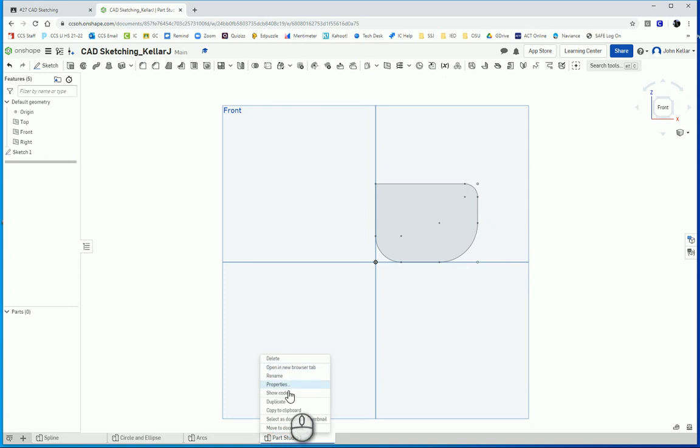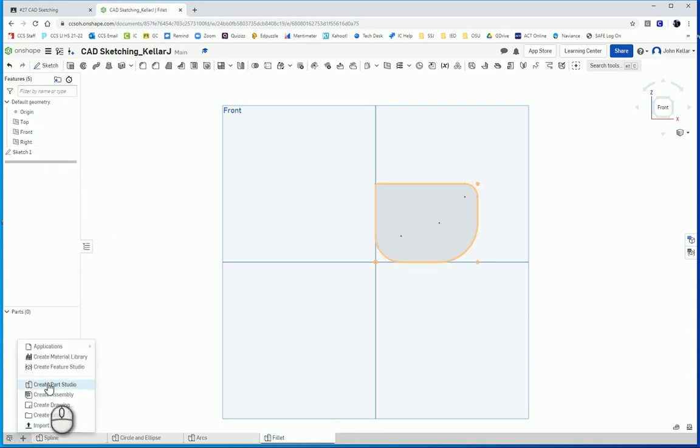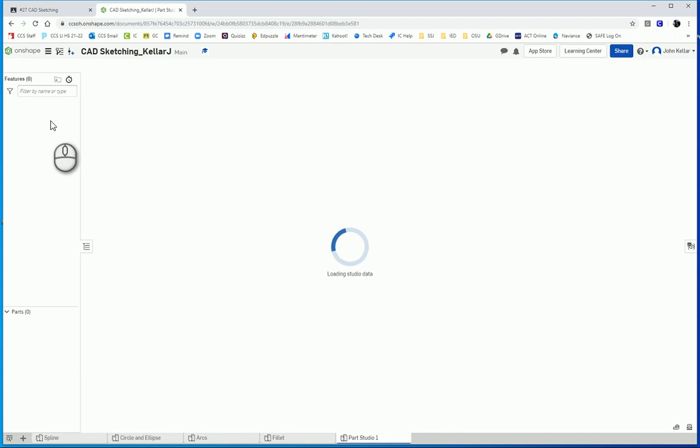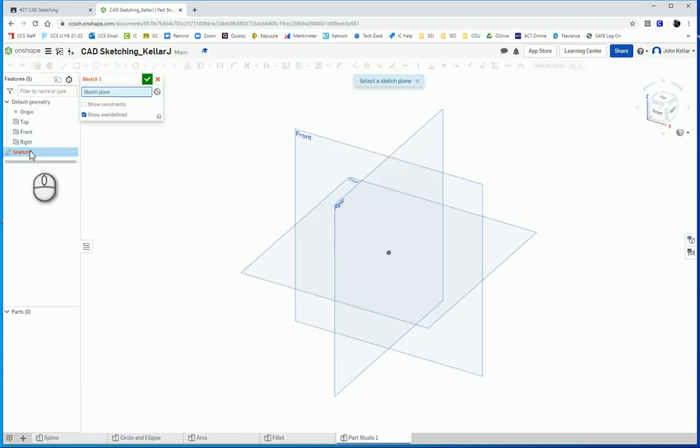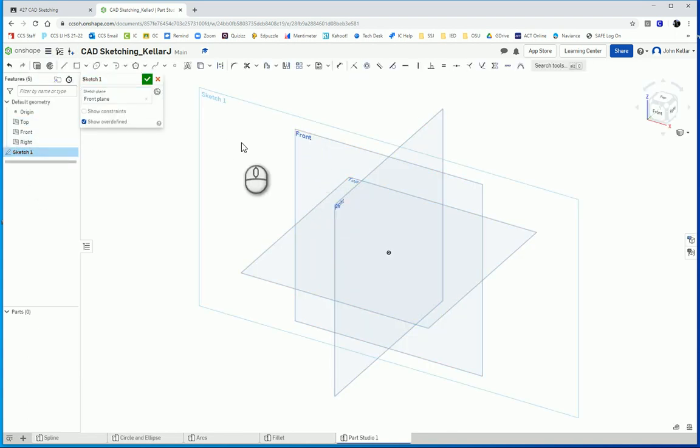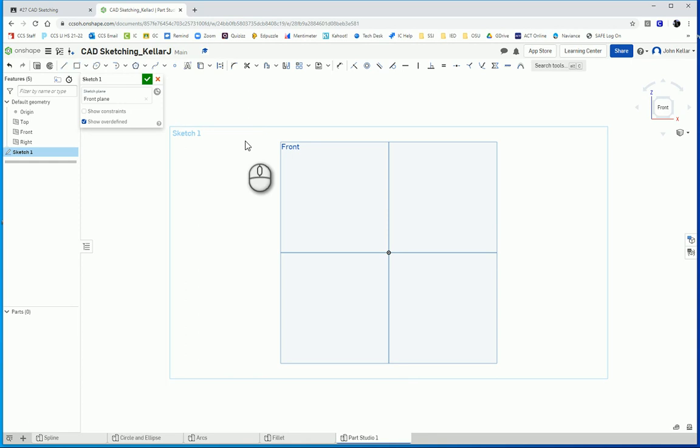Let's rename that fillet. Okay, and then we're going to add a new part studio and sketch. And this one is the polygon. So we've got 4 polygons. One's a hexagon, a pentagon, a triangle, and an octagon. So the polygon sketch tool here, we're going to use